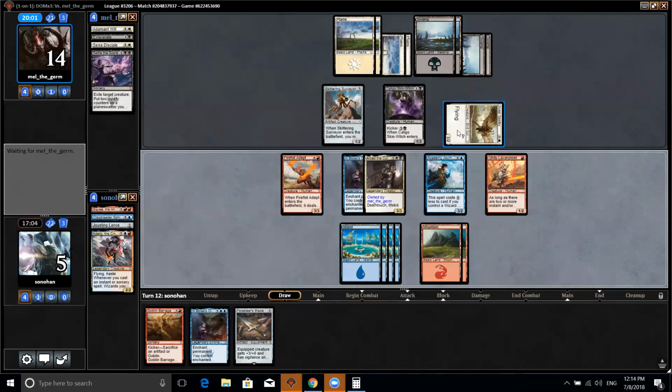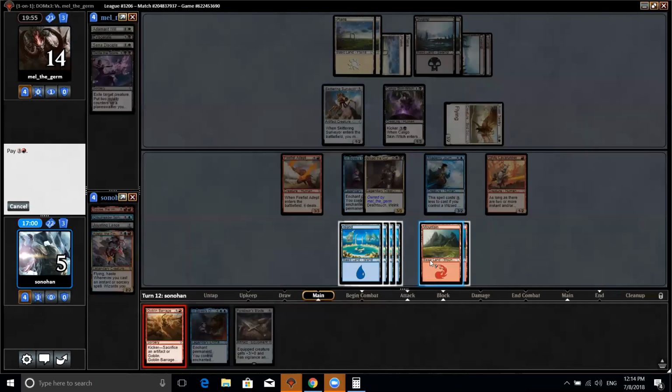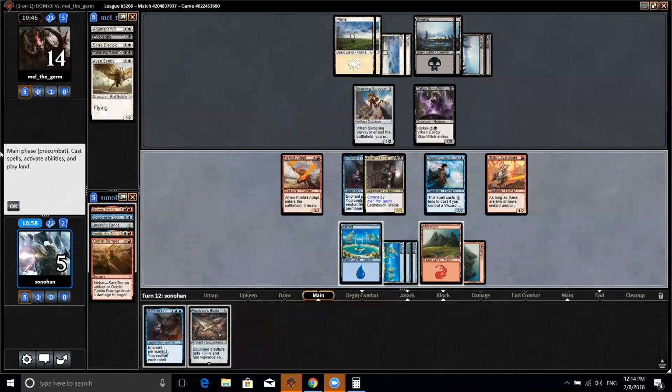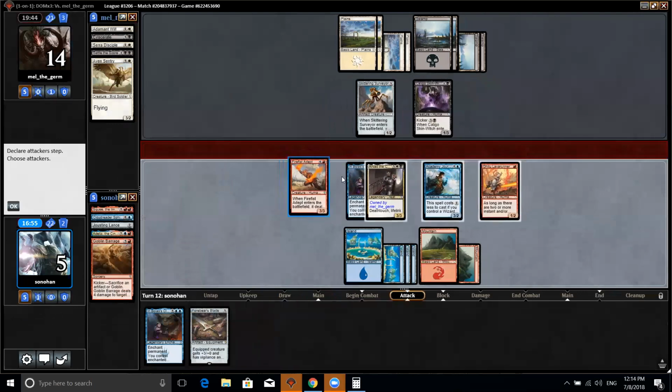All right, so let's just get that out of the way. Hopefully opponent doesn't have a way of saving it. Okay, good. And now I will attack with both of these because I want the life gain. So